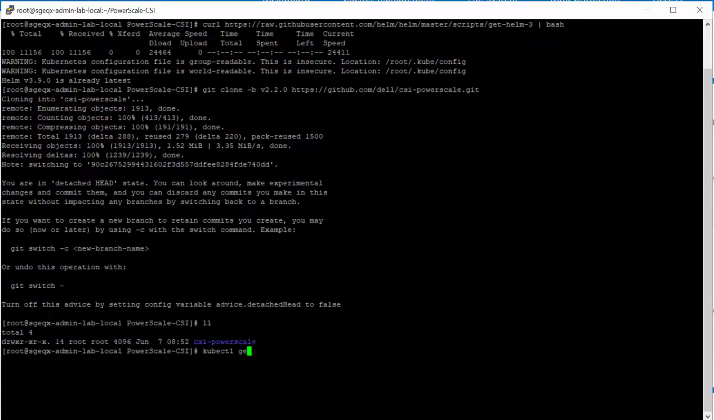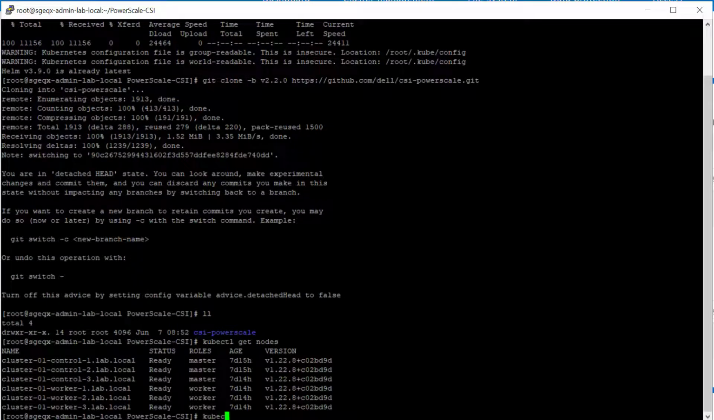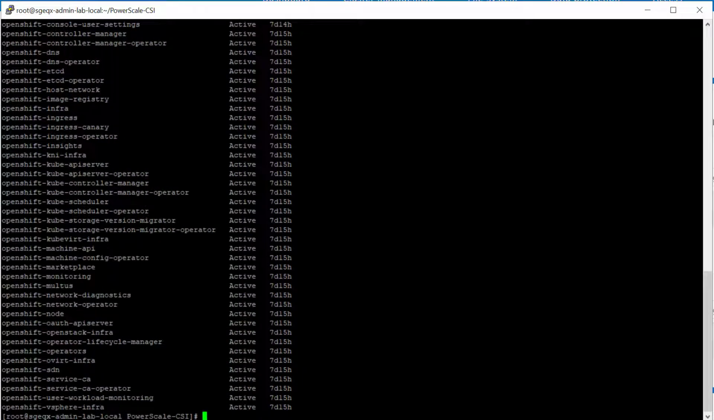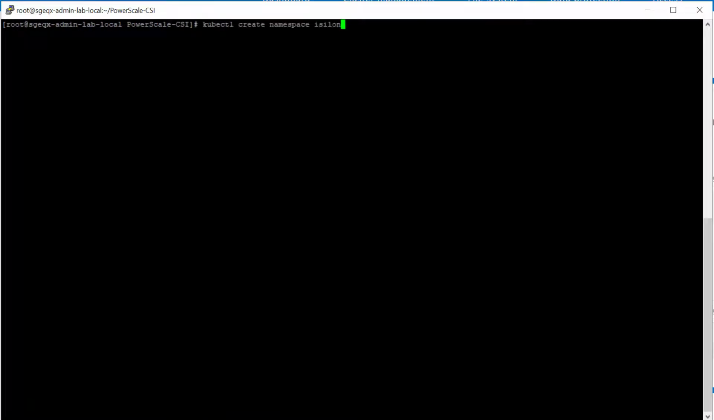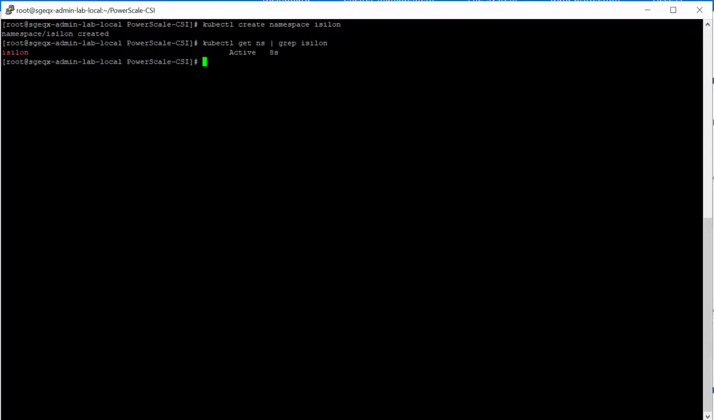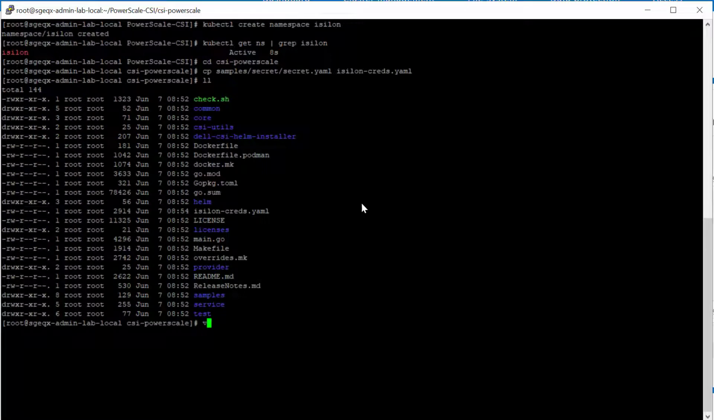Next, we check that we have access to an OpenShift cluster and we have a number of namespaces created already. We need to prepare a new namespace called Isilon that we'll install our driver into. Once we have our namespace created, we'll prepare 2 YAML files to create our secrets. The CSI driver comes with samples that we'll use as templates, and we'll copy and insert our own credentials into